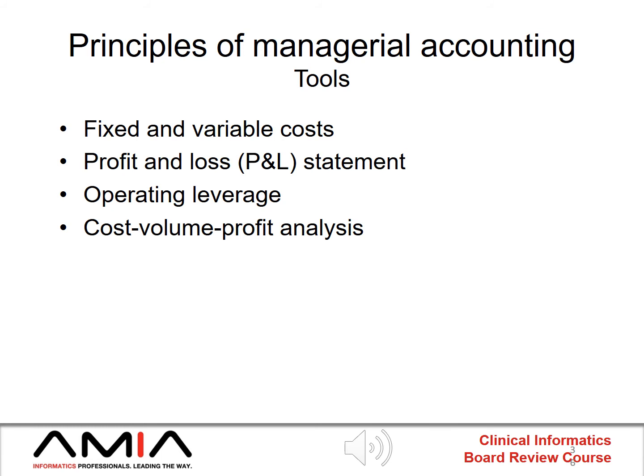That last point is simpler than it may seem. It is basically a plot that shows cost, volume, and profit. You can think of the principle that you have to pay for a machine, and once you've paid for it, then any income you receive in using that machine is profit after that payment has been achieved. So a plot of this makes it clear, and this is known as cost, volume, profit analysis. There's a good illustration of this in some of the references that I list at the end of this lecture.